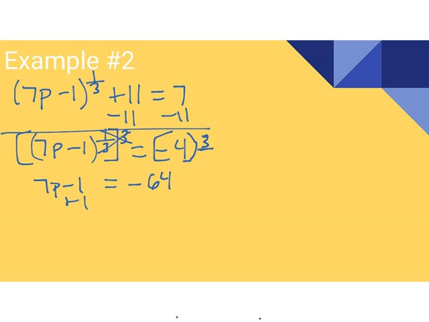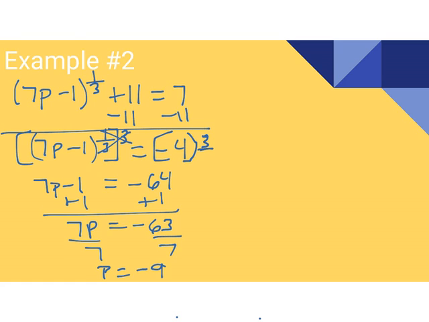Now I'm going to go ahead and get my variable by itself. We are going to add the 1 to both sides, making it negative 63. Divide by 7, leaving me with p equaling a negative 9. Oh, and we don't know if that's the answer or not, so we don't get to box it. We now have to check our work again. Let's check to see if I plug in that negative 9, if we will get out with a 7. So 1/3 again,